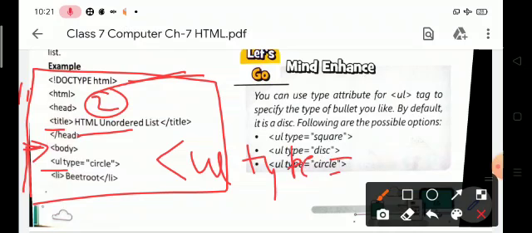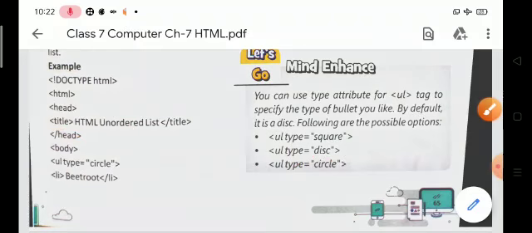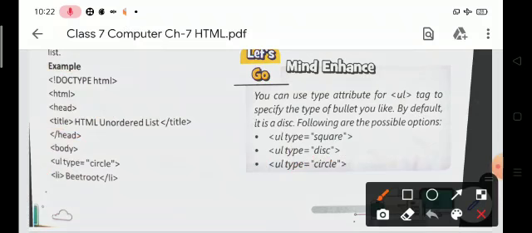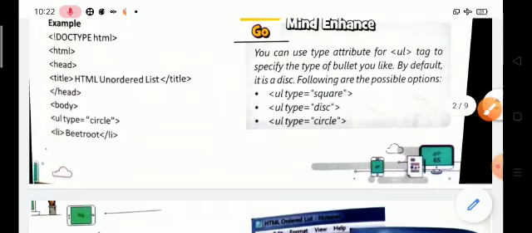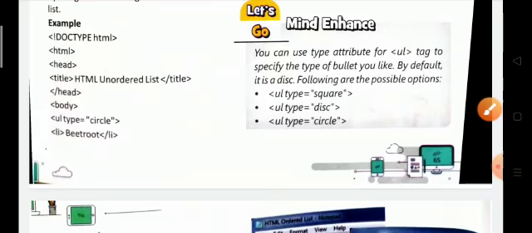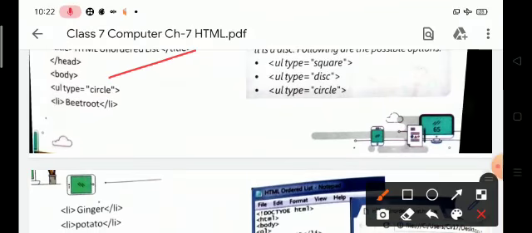Circle means we want the list in the form of circles. Suppose we want the list in the form of squares, then we can use the square attribute. Disk, circle, square, these are the attributes. So UL type is equal to circle. Attributes means the characteristics.